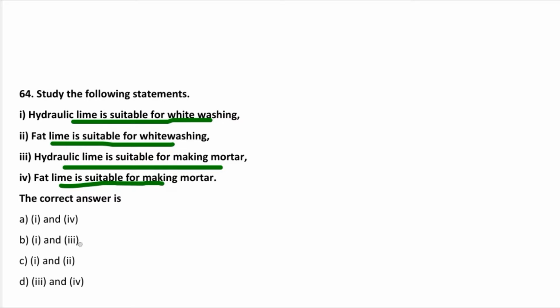Option B, 1 and 3 are correct. Option C, 1 and 2 are correct. Option D, 3 and 4 are correct. The correct answer is option B, 1 and 3 are correct. That is, hydraulic lime is suitable for whitewashing and also for making mortar. So 1 and 3 are correct.